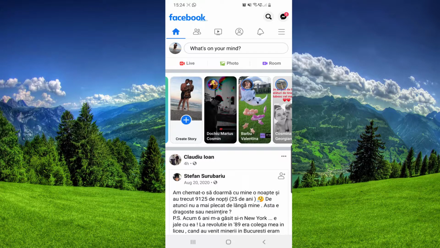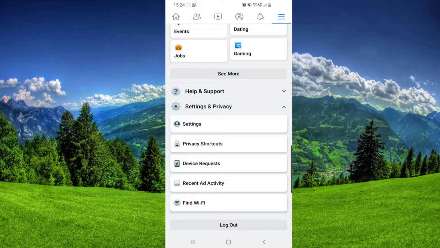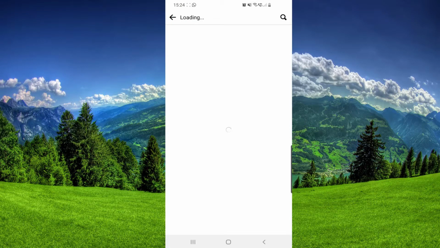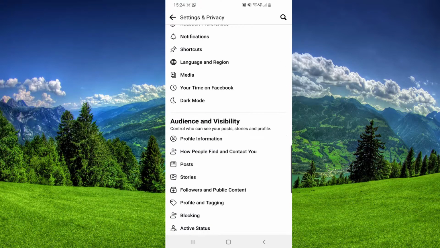From here we just have to click on those three lines from the right top page next to Messenger and then scroll down and click on settings and privacy. Then from here we have to click again on settings, and then from here we have to scroll down